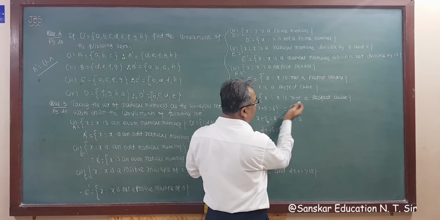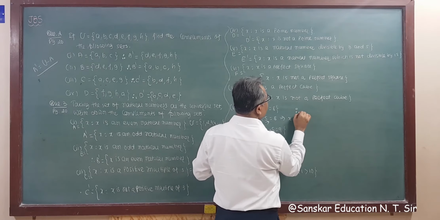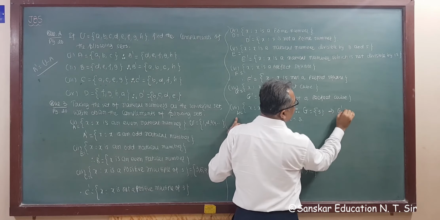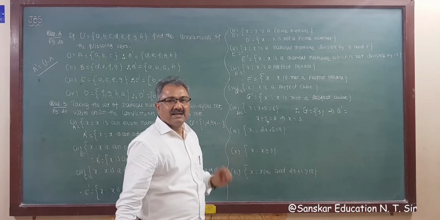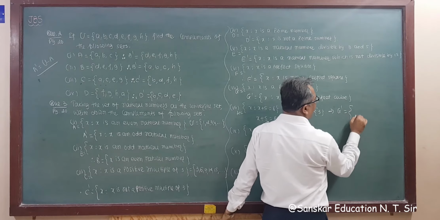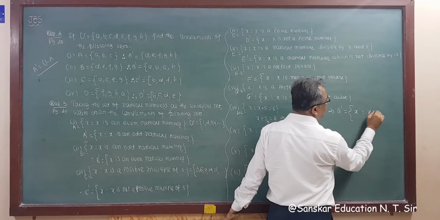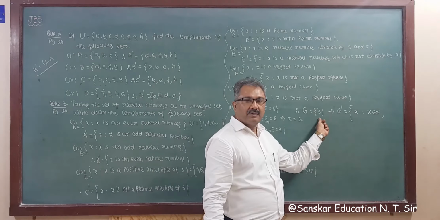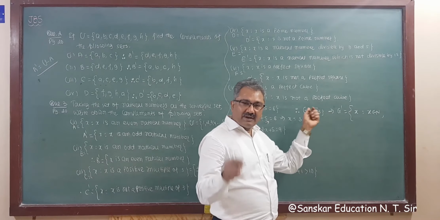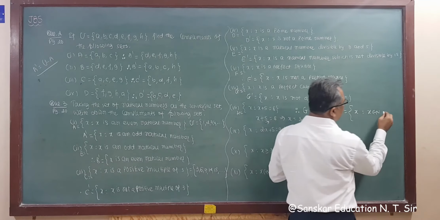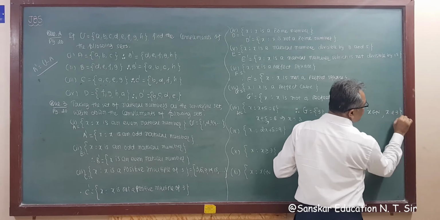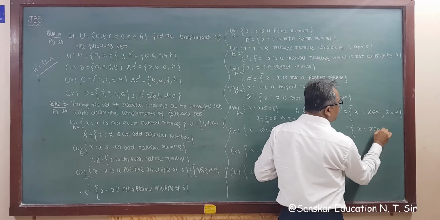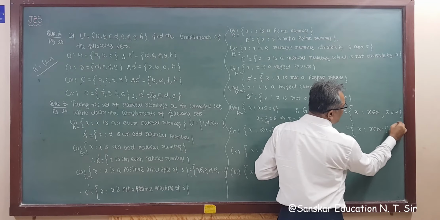So the answer of this is 3. This is set H, which is 3, right? See, I am writing here like this. Therefore, H is equal to 3. So this implies H dash is equal to x, right? So all natural numbers, that is x belongs to N. But we have to exclude this. We are not able to take this, because we have to write the complement. So we have to exclude this. So x not equal to 3. This is your correct answer. Either you can write like this, x, where x belongs to N minus 3. This is also a correct answer.